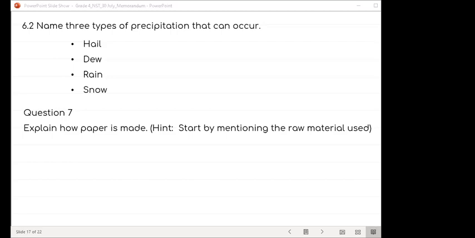So first they harvest the trees, then they transport it. After they take it to the pulp mill. After making it pulp, then they take it to the paper mill